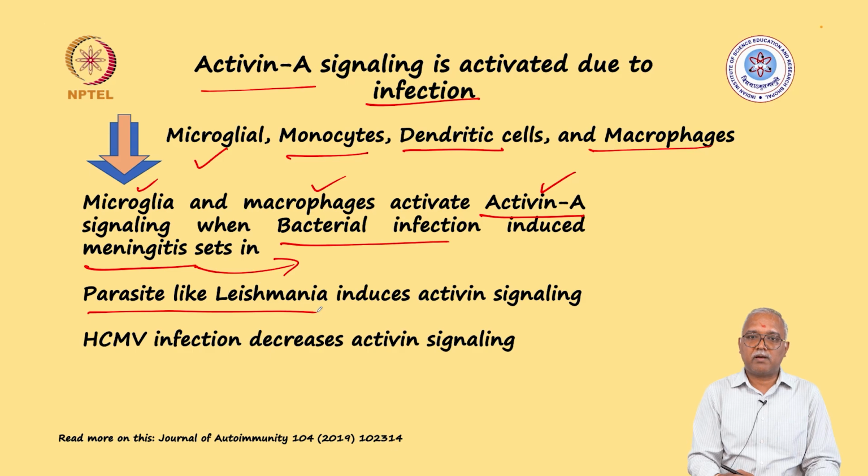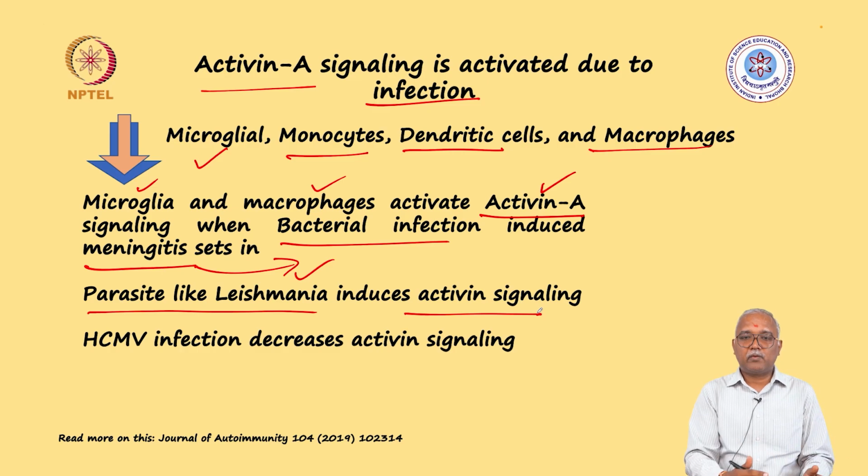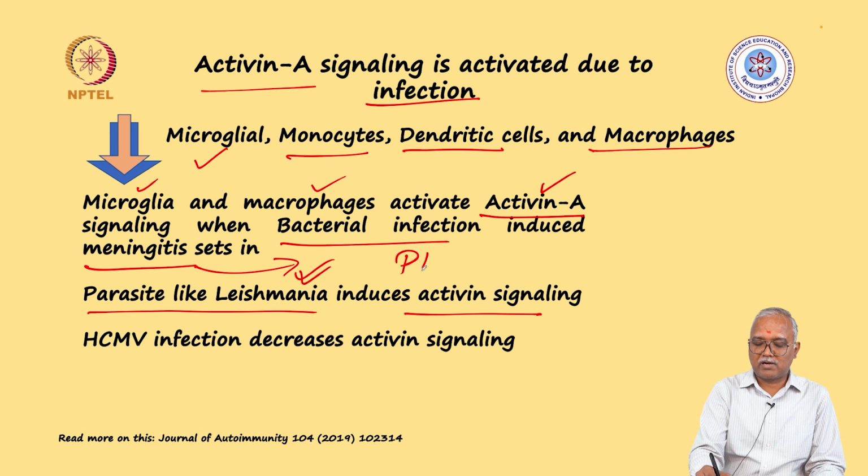Activin signaling also helps in parasitic infection, where in the case of leishmania it is known that activin signaling is induced when the parasite is around. If you recollect, we saw how in case of plants, multiple components which are derived from pathogens, whether it was chitin or a polysaccharide or lipopolysaccharide, or for that matter flagellin, which is a component of the bacteria. Similarly, these pathogens also have specific patterns. We also saw something which was like PAMP and DAMP.